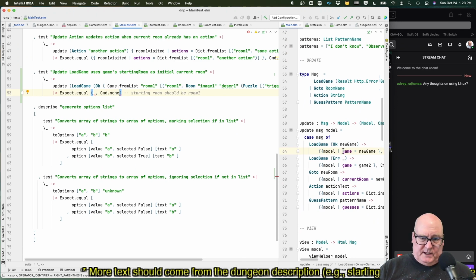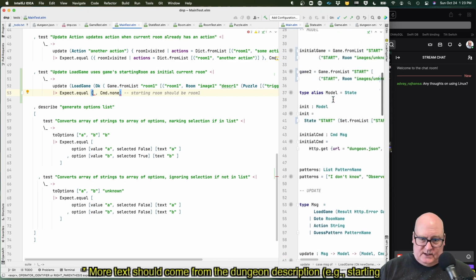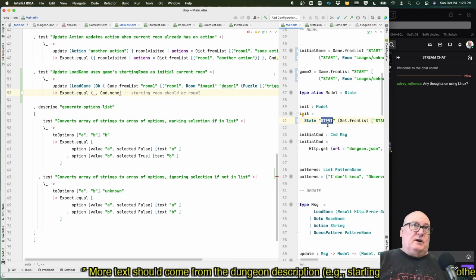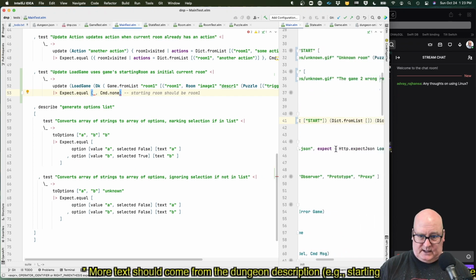We really expect starting room to be set in there. So let's check our state. It does have the current room. Sorry, the starting room of the game or of the dungeon should be the current room when we start the game, is what that says. So they're kind of two different concepts, the current room and the starting room. Just at that first moment, those two are equal. Okay, so the model we expect is a state, and it's got a bunch of stuff.